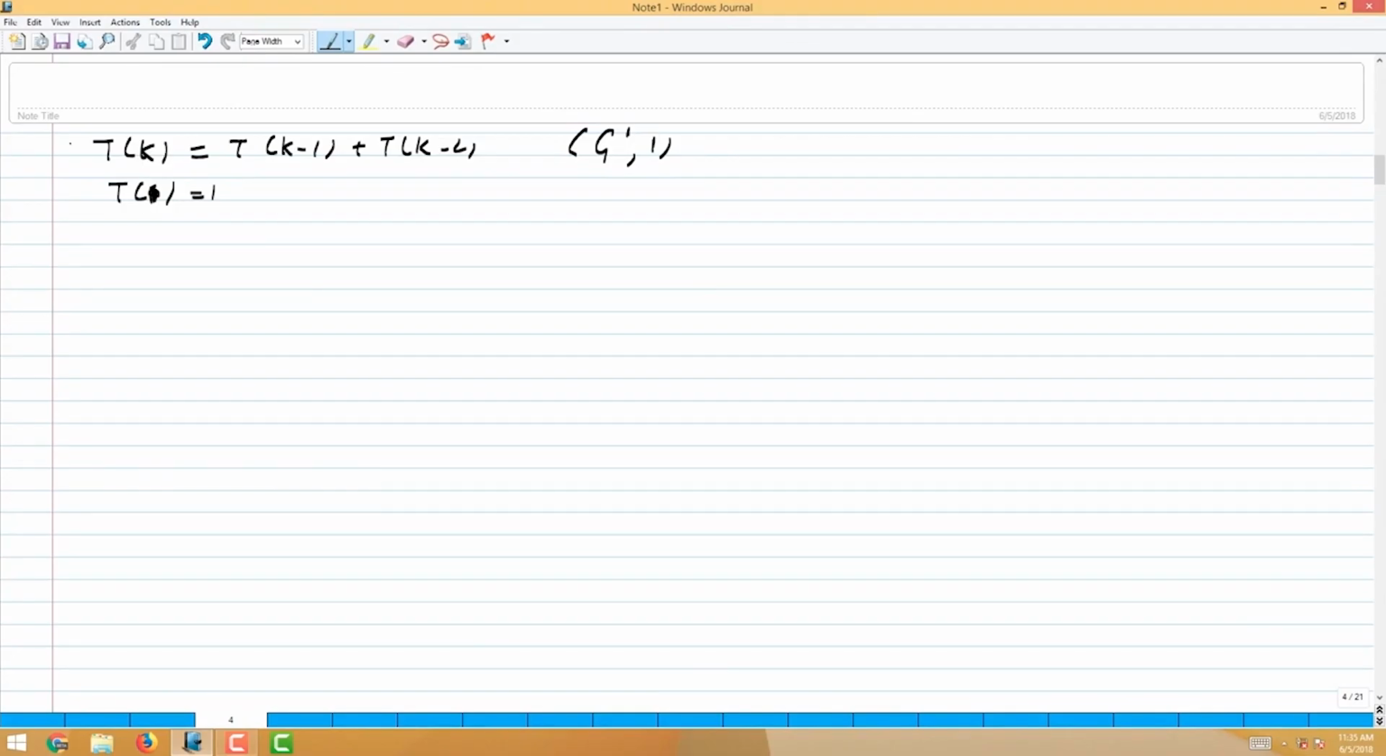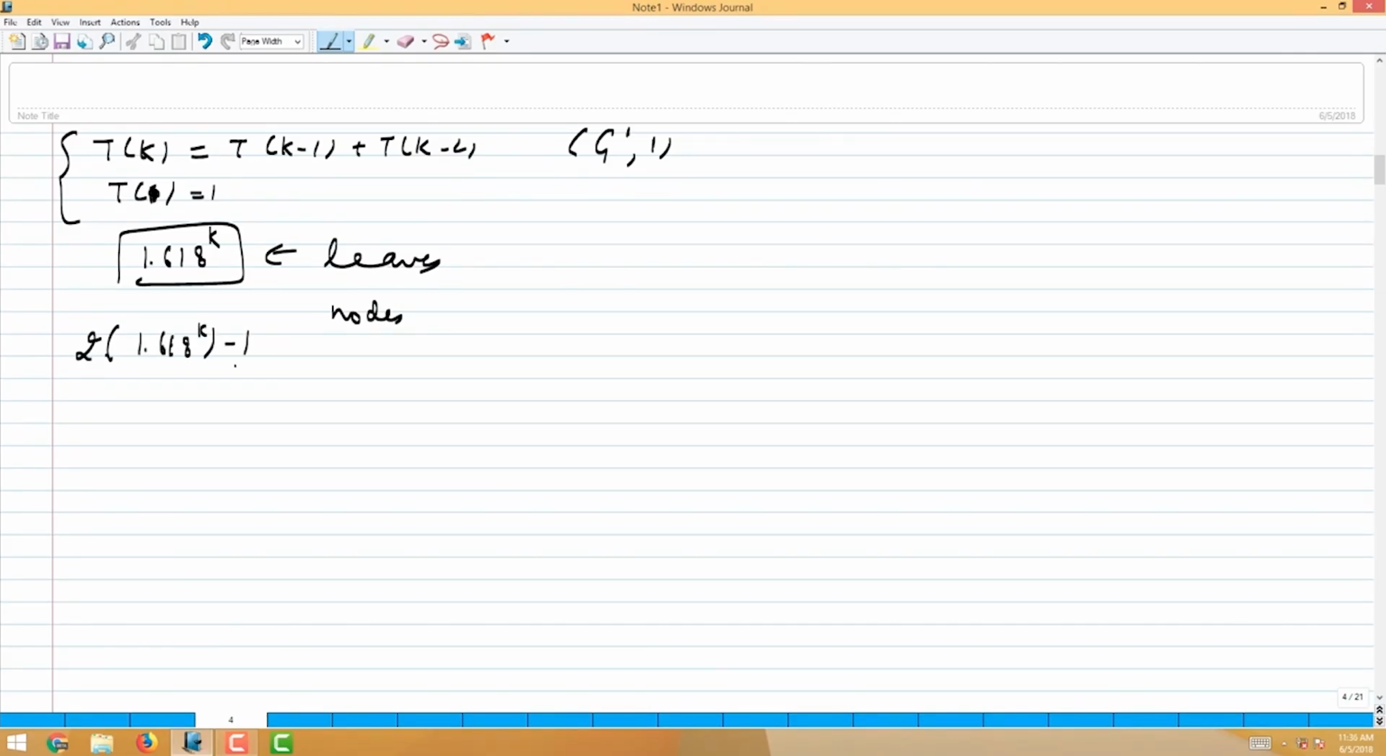So you have already seen such a recurrence. What does this recurrence solve to? It's the same recurrence in a different variable. But now it will be 1.618 to the power k and not n. So basically we have bounded the number of leaves in the branching tree by this. So the total number of nodes gets bounded by twice 1.618 to the power k minus 1, and hence the total running time becomes